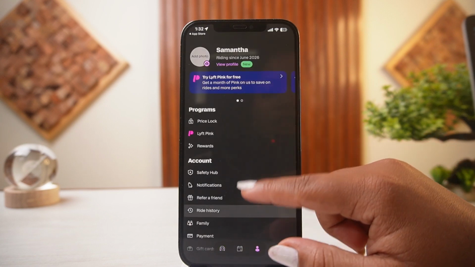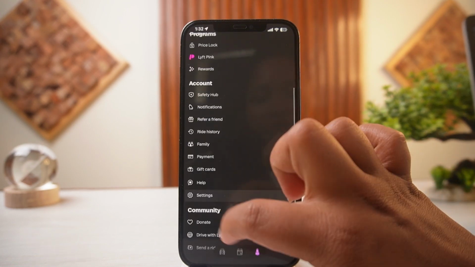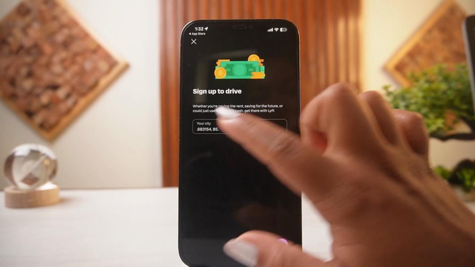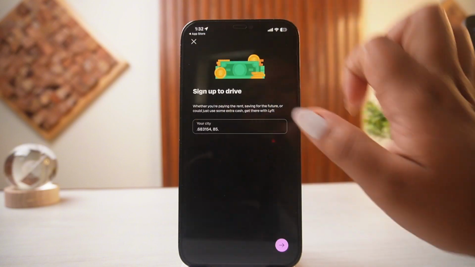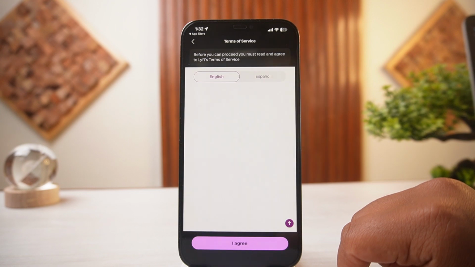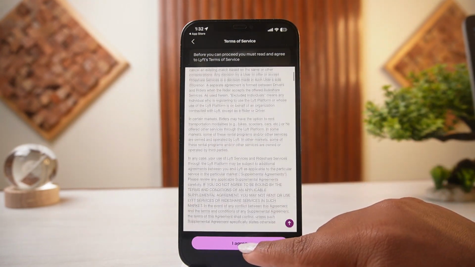Then from here, if you scroll down a bit, you can see settings. Tap on that one, and in here tap on Drive with Lyft. So after doing that, here you'll need to select your city, and after selecting it, simply tap on this button right here. And then after doing that, you'll need to agree to all of the terms and conditions, so tap